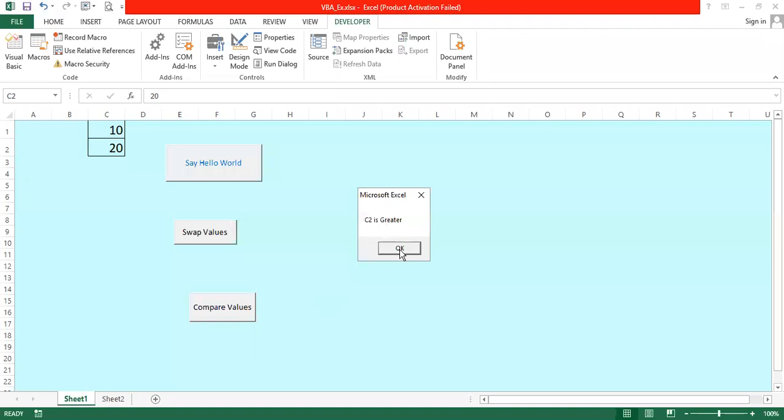C2 is greater. So let us change the values to 30 and 20 and try once again to compare values. C1 is greater. So this is how you can use the conditional statements.